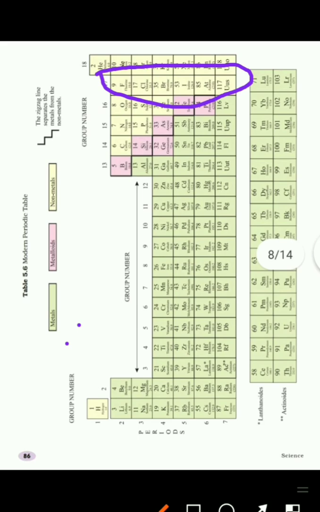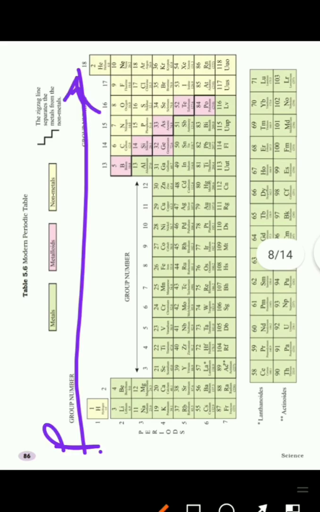and also as we move down in the group, the number of shells increases because the atomic number also increases. So as we move down, the number of shells will increase and all the elements present in the same group have identical outer shell electronic configuration. On the other hand, when we move from left to right across the period, the electrons get added successively in the same outer shell, and the atomic number also increases by 1 as we move from left to right.